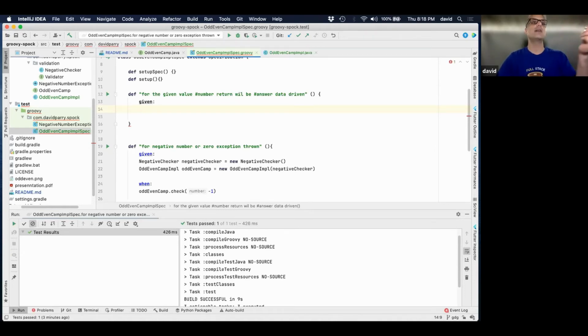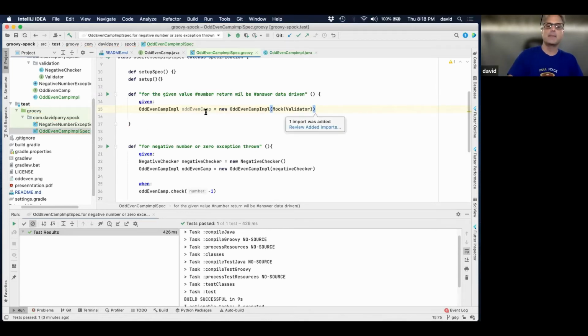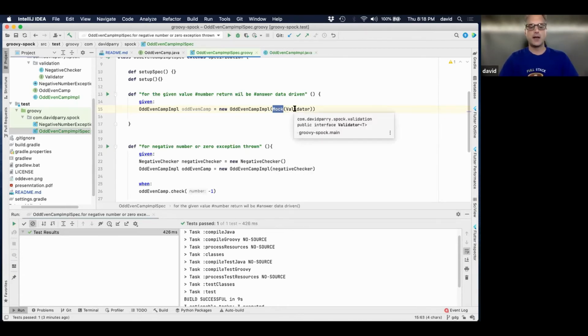So I don't need to have the mock even be checked either. I'm bringing this over just so you guys don't have to see me type every time. I'm going to pass in this embedded mock. This comes with Spock. They have mocks and spies. And this mock is just saying, present yourself as a validator for it.